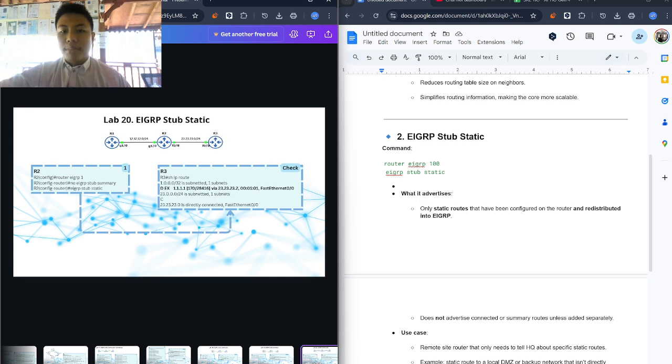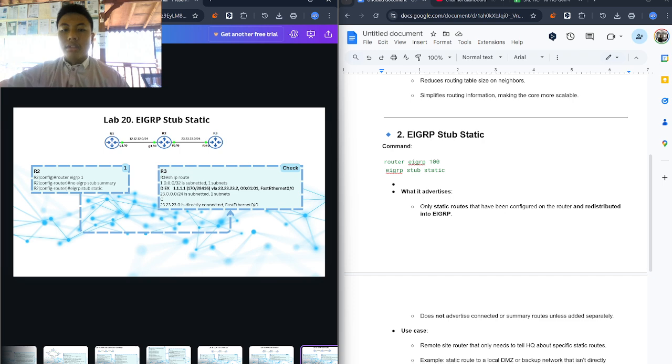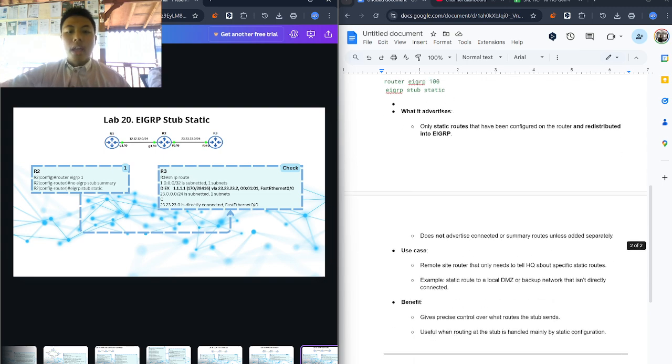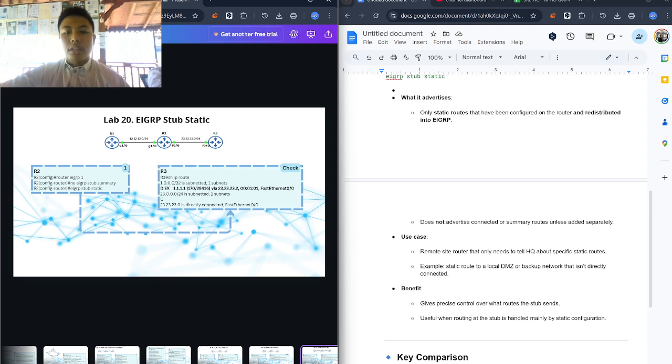And this is for EIGRP stub static. EIGRP stub static only advertises static routes that have been configured on the router and redistributed into EIGRP. It does not advertise connected or summary routes unless added separately.